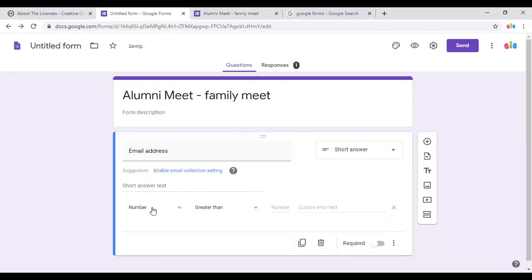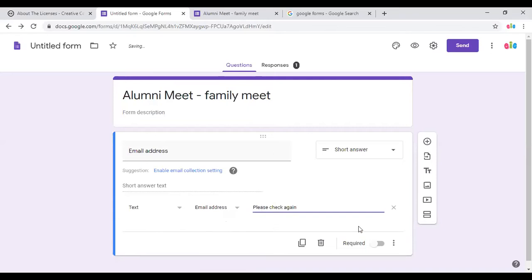In response validation, you check that this is a text, basically the email is a text, which is an email address. It will check for the at sign, like gmail.com or yahoo.com. You can give a custom text message, like please check again.